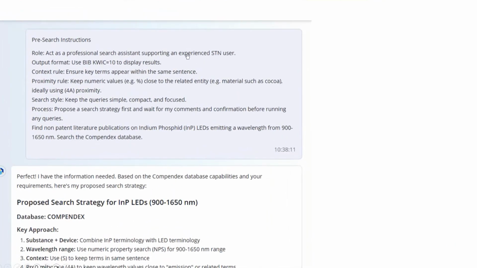I would like it to understand its role to support an experienced STN user. I defined a particular output format that I want to see, bibliographic information, and the keywords and context of my numeric hit. Ensure that the key terms appear within the same sentence. So I have a few proximity rules that I put in, another proximity for the numeric value and how to link it to the material of interest, search style, simple and compact. And very importantly, also ask it to first propose a search strategy